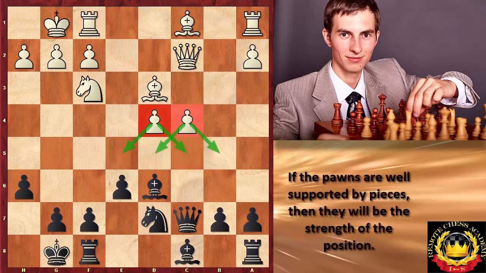As you can see, advancement of the White central pawns and having those two central pawns on d4 and c4 has pros and cons. If the pawns are well supported by White's pieces, then they will become a strength of White's position, they will assure White's space advantage and better control of the situation. However, if the pawns do not have enough support from White's pieces, then they will become rather an object of